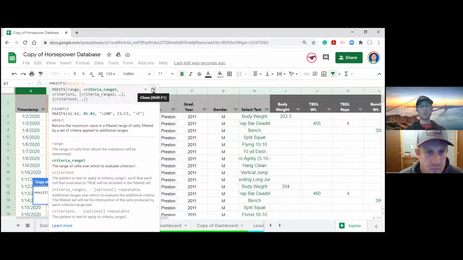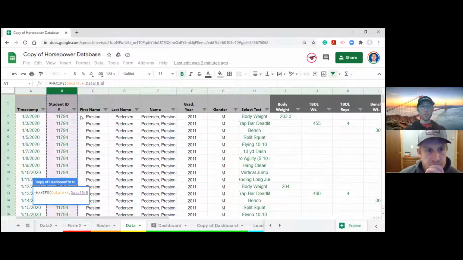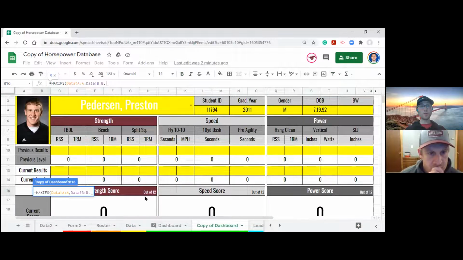So that's our first criterion, what needs to be true for this date to come out. The first thing that needs to be true is this person's name, or we could use a student ID. I guess we'll use a student ID now. When the student ID, which is in column B, comma, is equal to, now we'll go back to our dashboard, equal to this ID here, comma, and also when